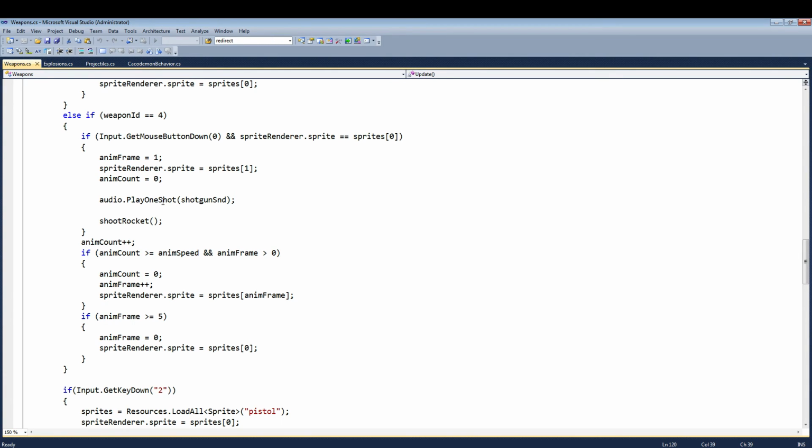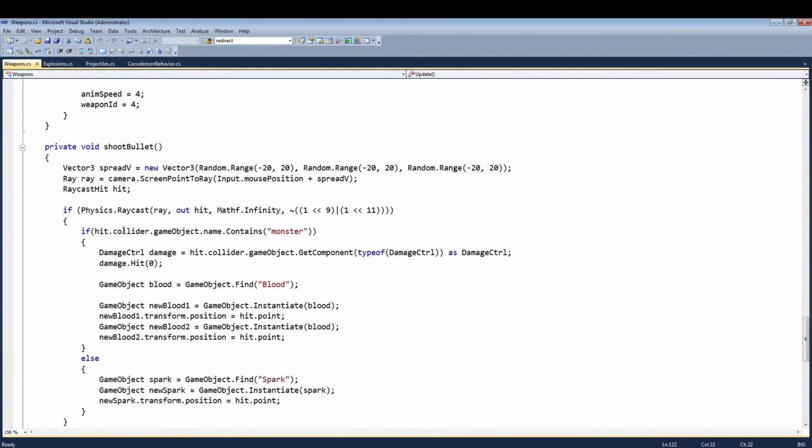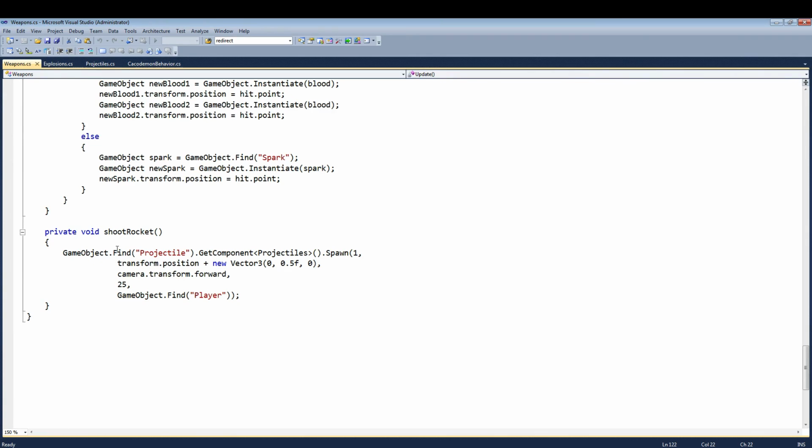Although I don't think I showed you that, but anyway. It even has the shotgun sound still in here. But it does the same way I did the other weapons. The only difference is instead of calling the function shoot bullet, I have shoot rocket. And rocket down here, all it does is it calls the spawn function on projectile,